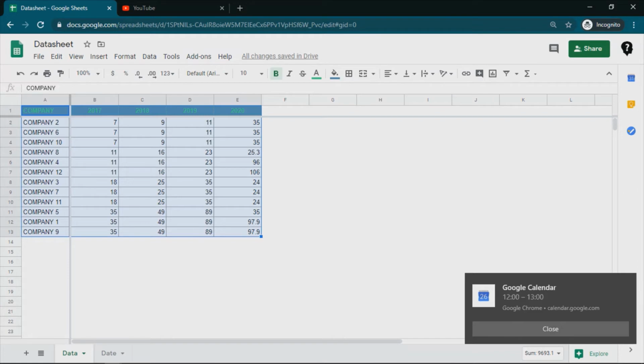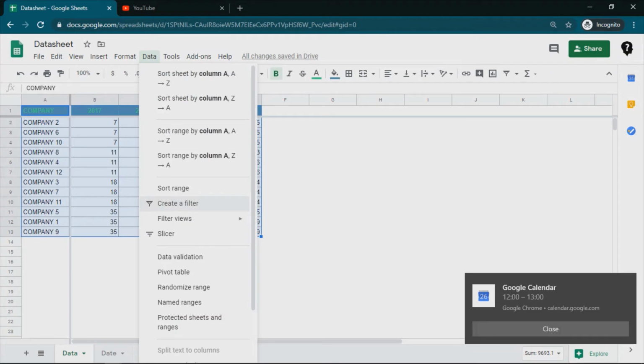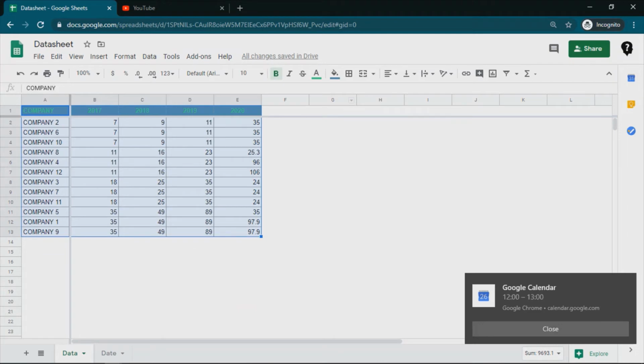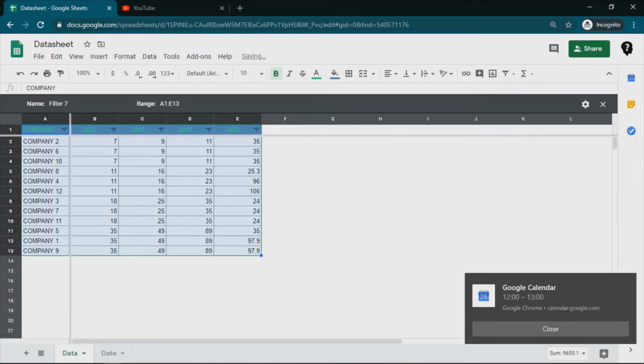Filter view is nothing but you can directly access this command. This same command is available here, and filter views are available in the drop down. If I click on this, it has created some filters. If you go down, you will see create new filter view, save as filter view, and some of the filters saved. Now if you see create a new filter view, it will give me the name of the filter and the range. Let us say test filter.